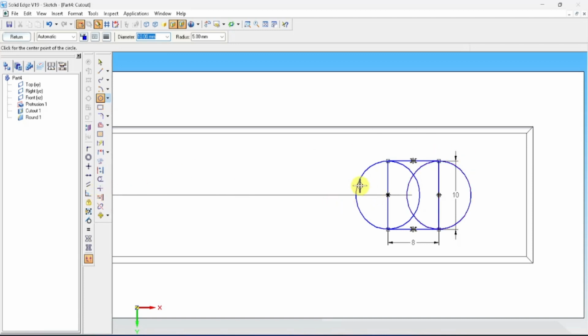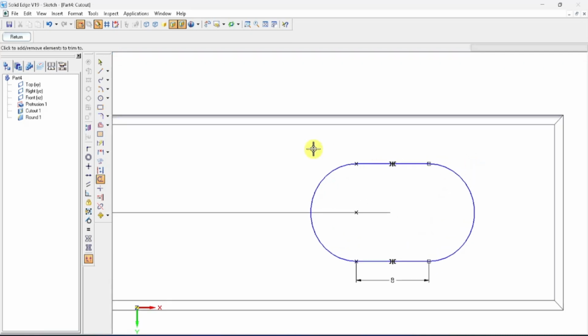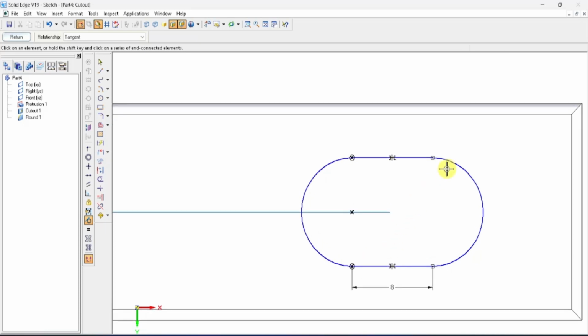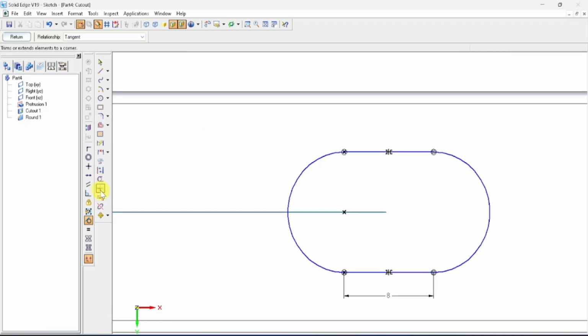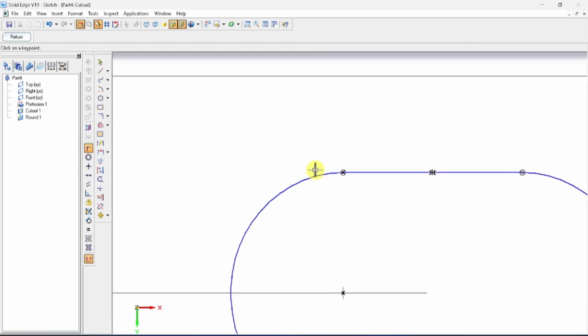Now I'm going to take a trim command. We are going to trim the unwanted portions. Now here we need to apply tangent. This should be tangent to this, and this should be tangent to this, as well as this should be tangent to this, and this should be tangent to this. Also the end should be connected here, the end is not connected, so therefore